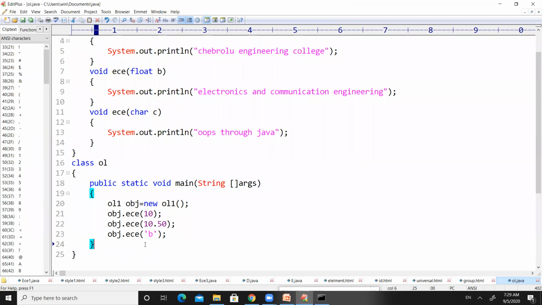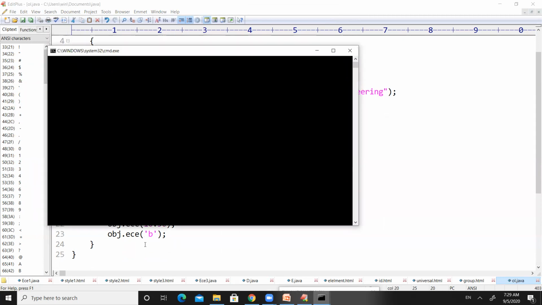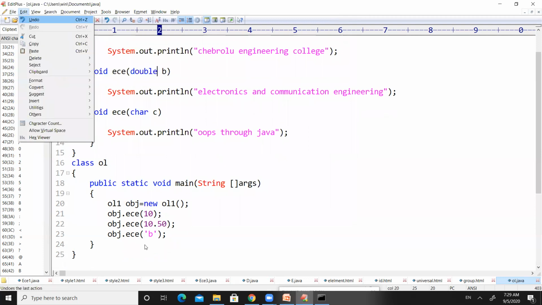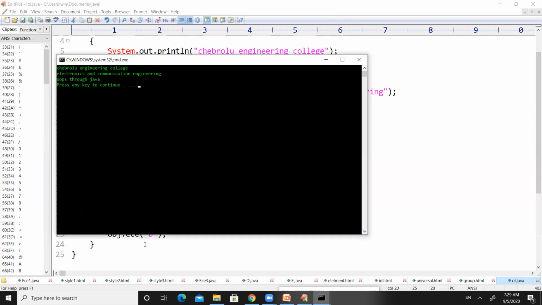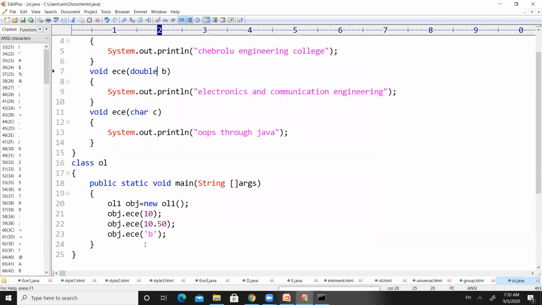So in order to overcome that error, define this one as double, right? Double. Save the program and compile the program. So we are not getting any errors, and then run the program. So it is executed perfectly. But when we use float here, sorry, earlier I have said the value will be considered as integer. It is not true. When we define a decimal value, it will be considered as double. Sorry, I made some mistake a couple of minutes ago.